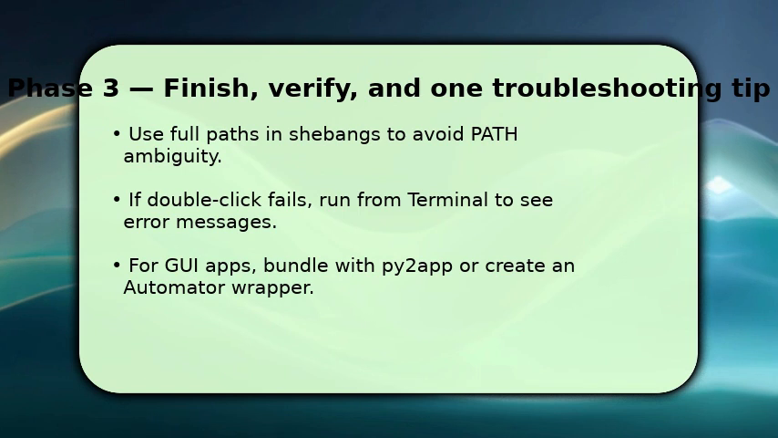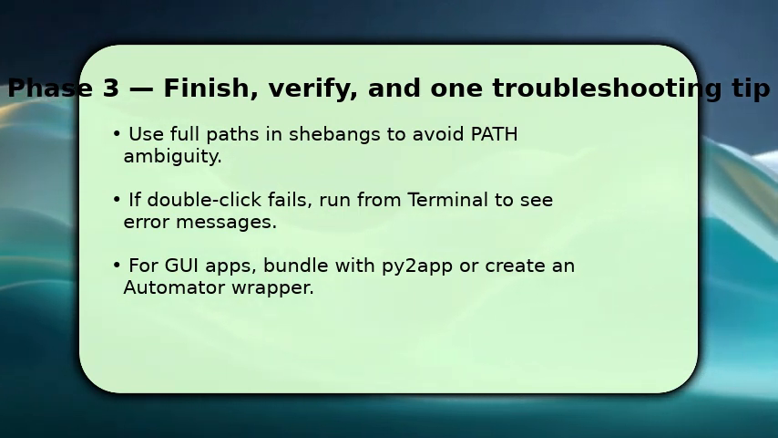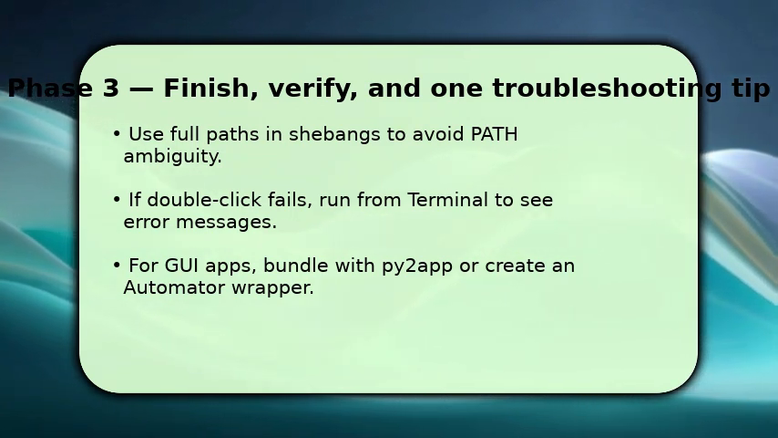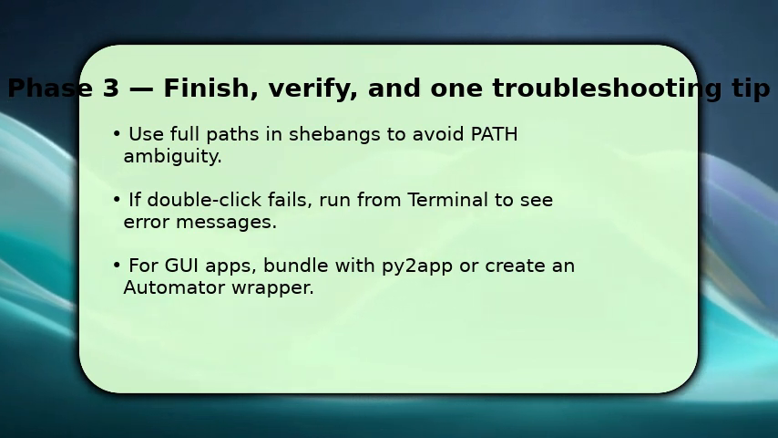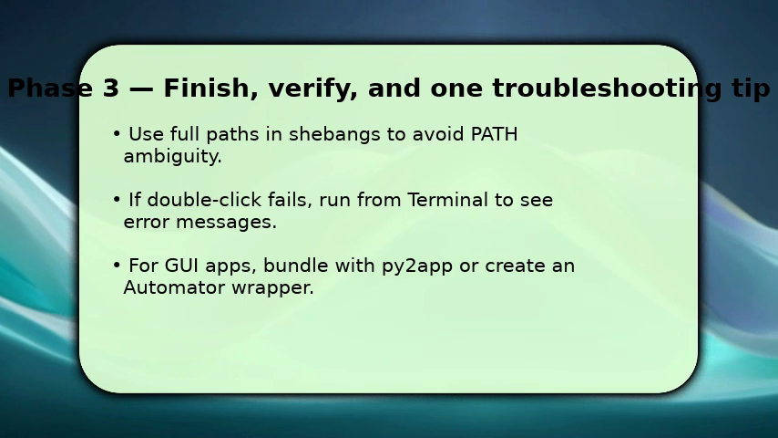If the script silently fails, run it from terminal to capture error text. This reveals missing modules or permission issues. For distributing GUI scripts, consider Py2app or an Automator app wrapper so users never need terminal. One key tip: when in doubt, check the shebang and run from